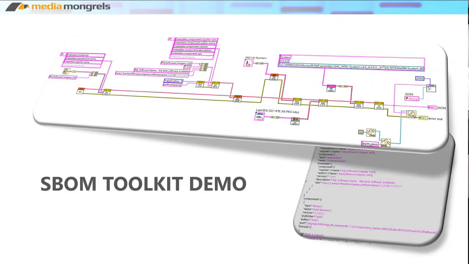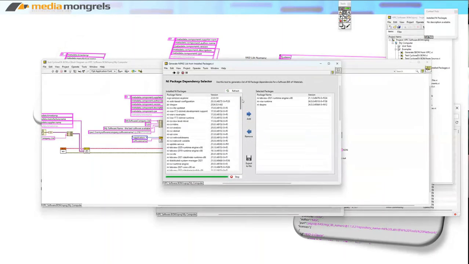Are you getting that from the license files that are installed with LabVIEW? Is that where you're getting that? No, at the moment, that's the bit that's a little bit manual. The tool that I have here gives me a list of every NI package that's installed, but I only want to include things in my software bill of materials that my project is actually using. So at the moment I have to manually select those dependencies to include them. But if you're using a LabVIEW installer,